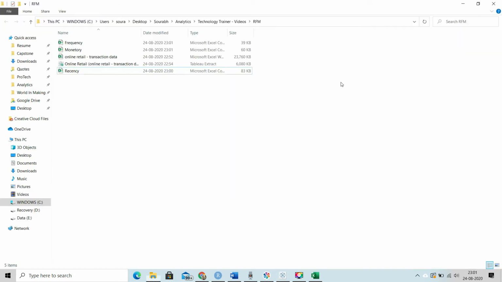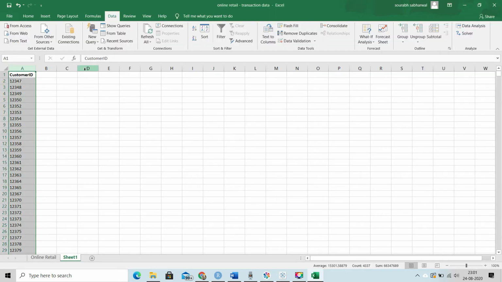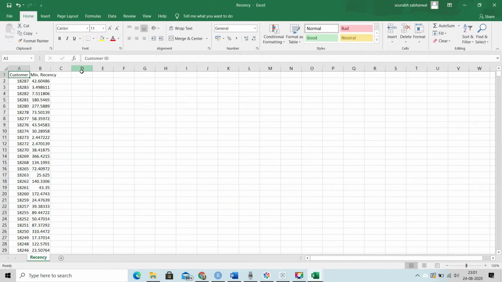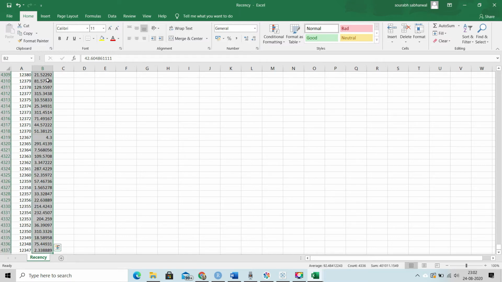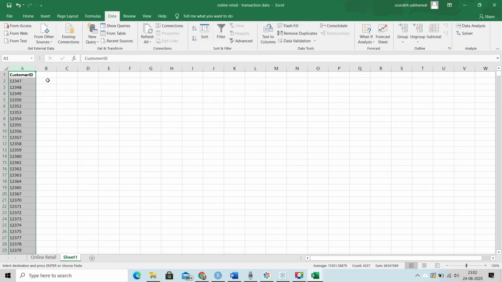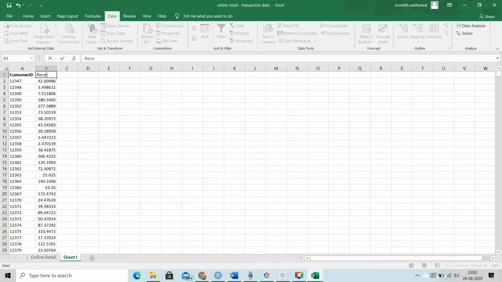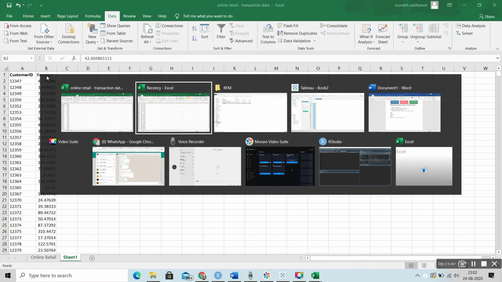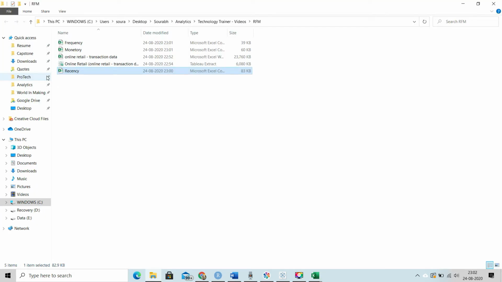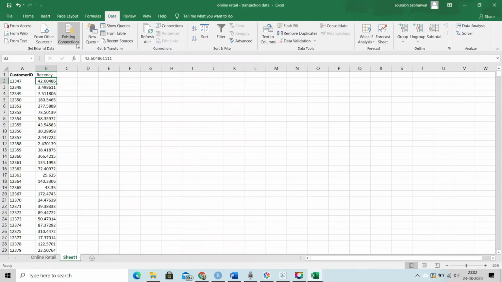Okay, now let's open these files one by one. In recency, as this is already sorted, let's select all the recency values, copy them and paste in front of customer ID in our other file. Name this recency. Same let's do for frequency.